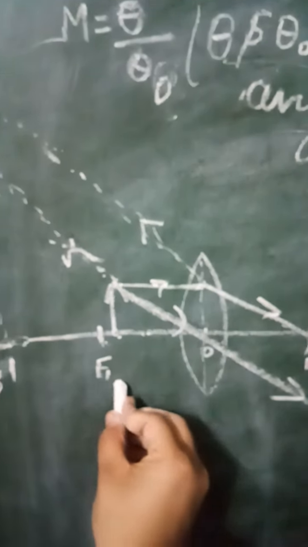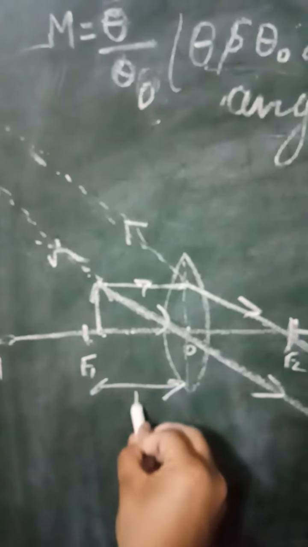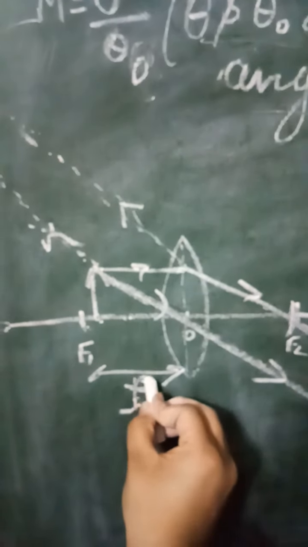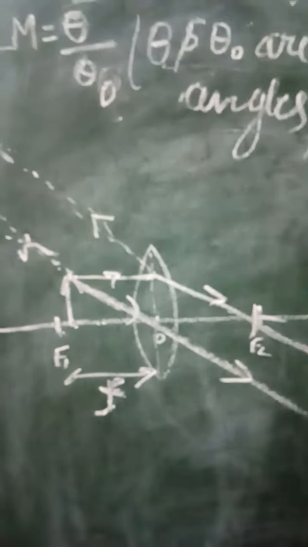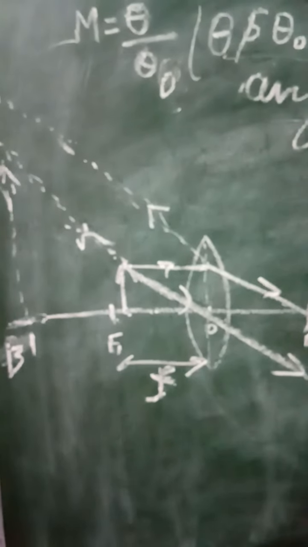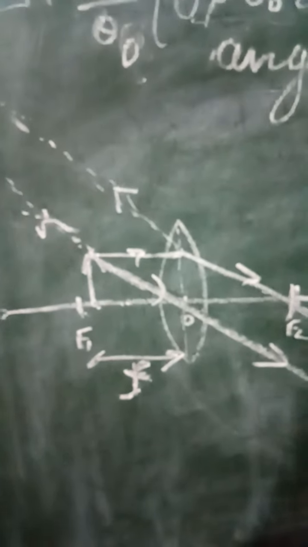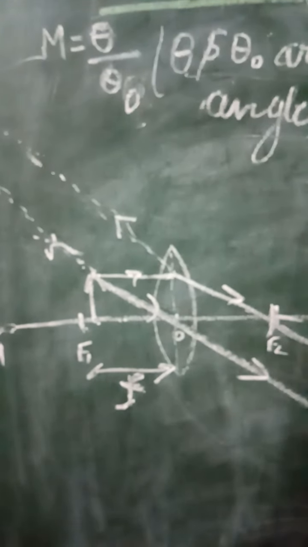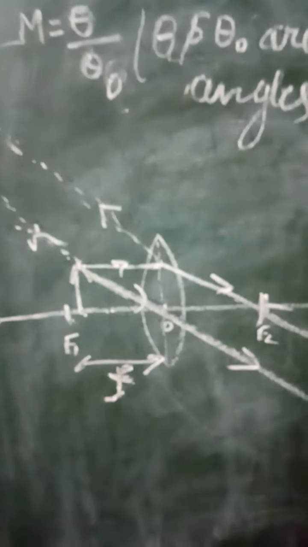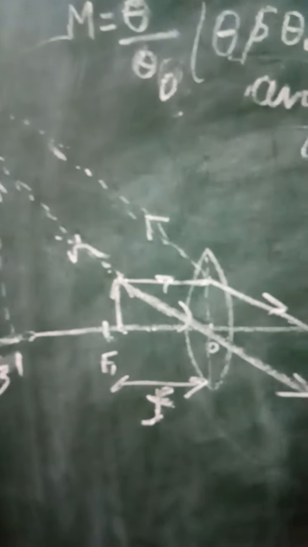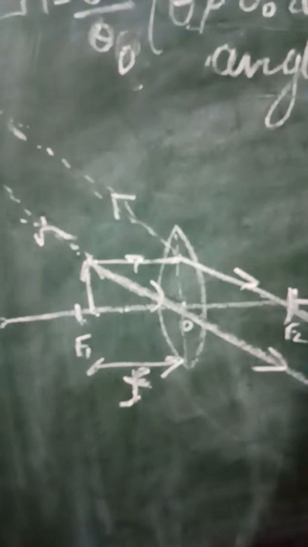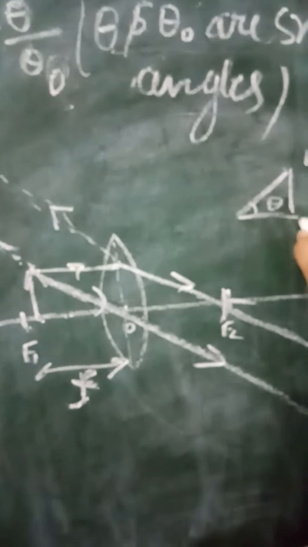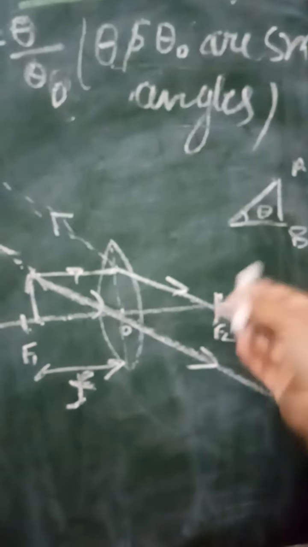This is the focal length f, small f. Whenever you show the focal length, you take the small f, and remember the triangle for the distinct vision. It will not be given in the question or the figure. You will always have a figure in your mind. This is theta, this is A dash, B dash, wherever A, B is object or image.